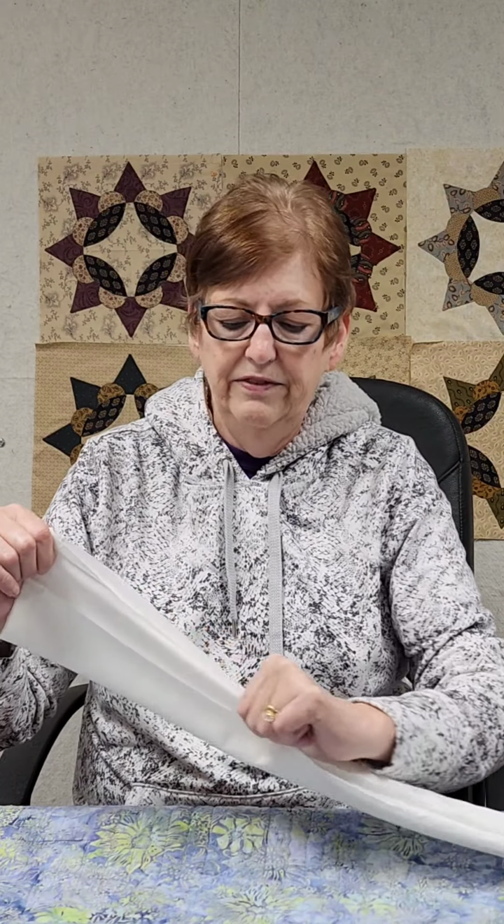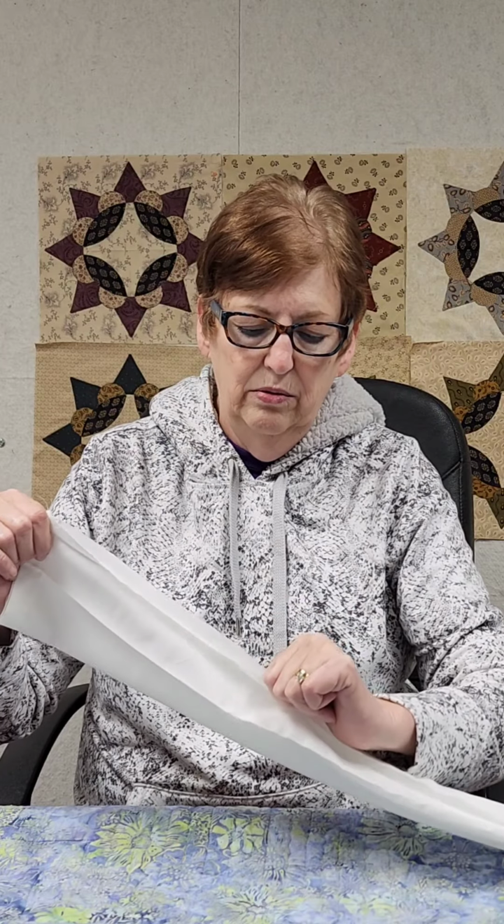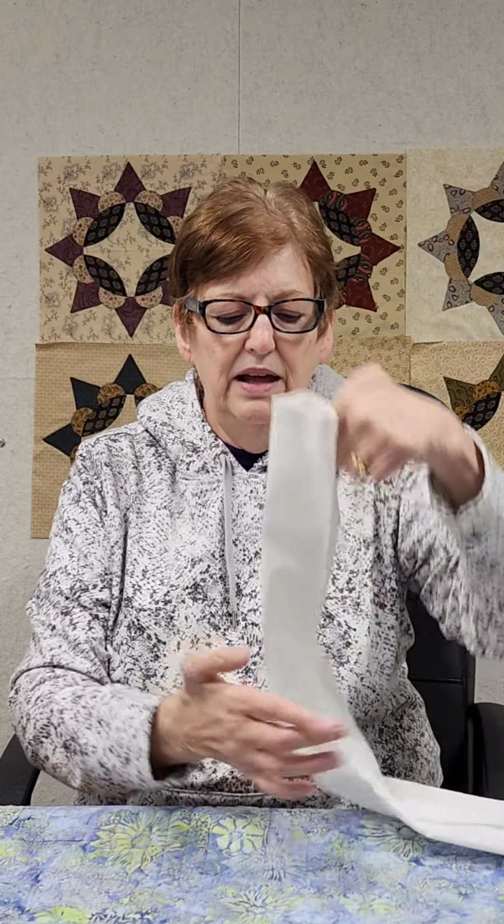Then you sew a 1/2-inch seam. I pin it, and then I sew a 1/2-inch seam all the length with right sides on the outsides, wrong sides together. And then what you end up with is 3 creases. You have your 2 that you folded in, and this is your middle crease. So these 2 that you folded in, they go against your quilt. So when you put this on,